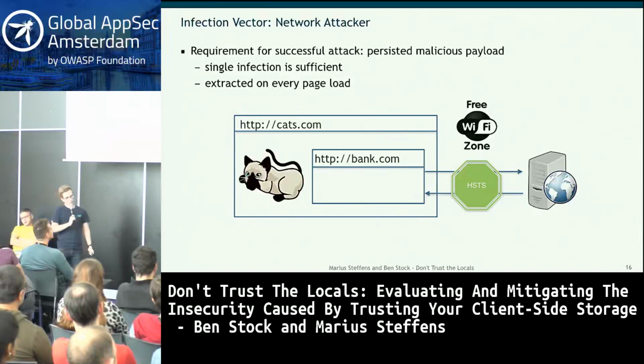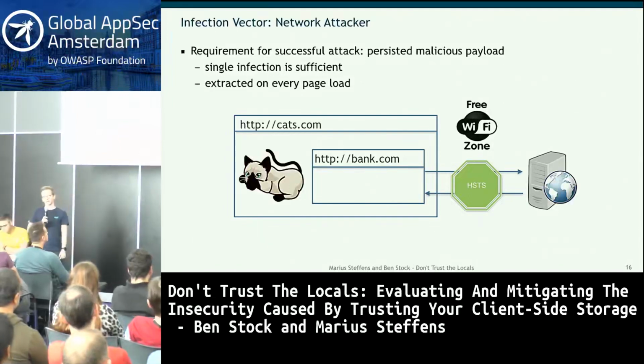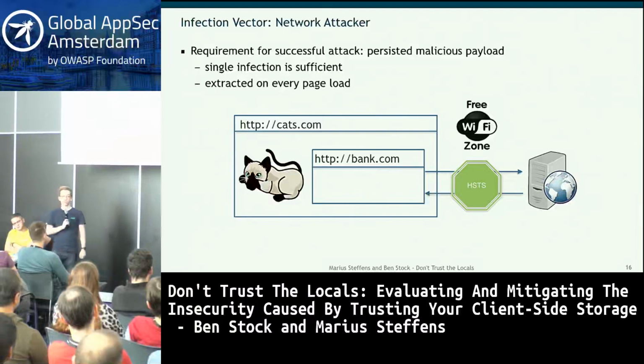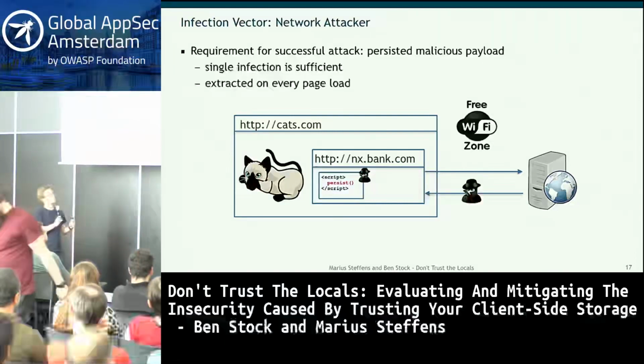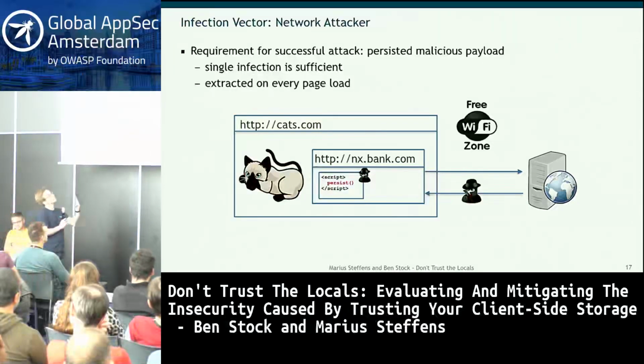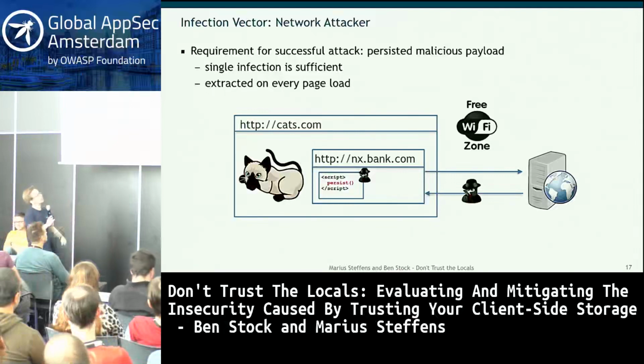Now there's one small caveat, namely that a sound deployment of HSTS needs to include the includeSubDomains flag, because otherwise the attacker can just point it to a non-existing subdomain of bank.com and still do cookie shenanigans, because you can set cookies from subdomains to parent domains. So having essentially the same attack vector. Now, this does not work for local storage because it's bound to an origin.